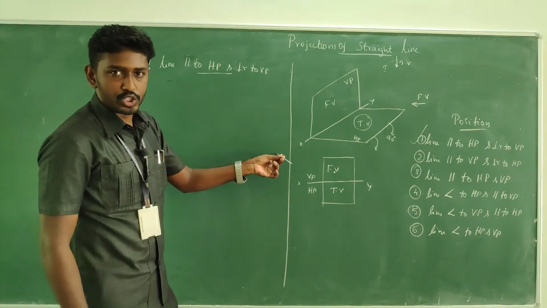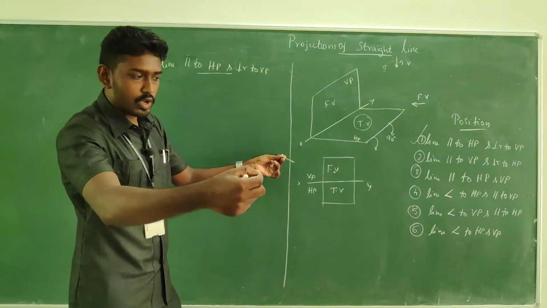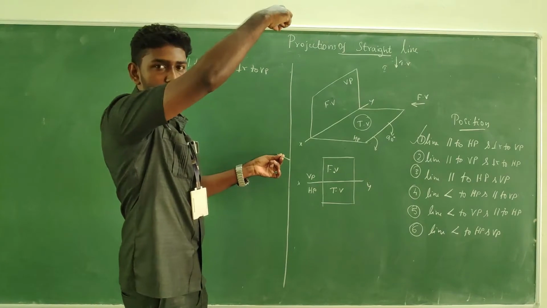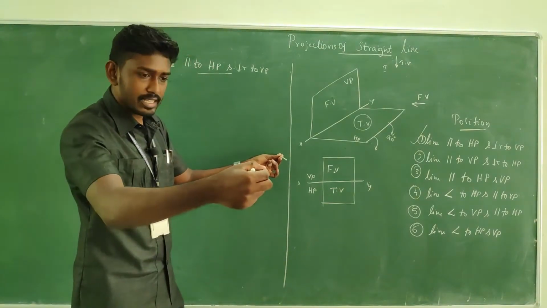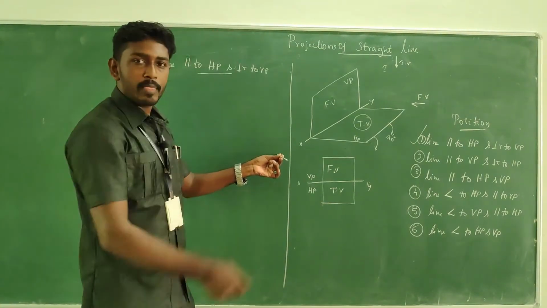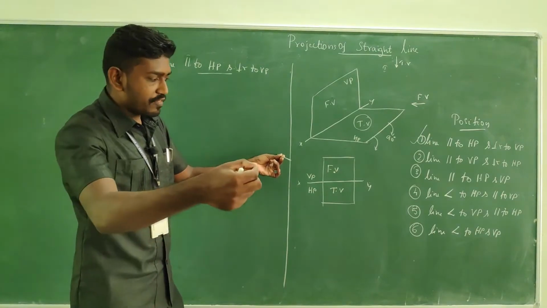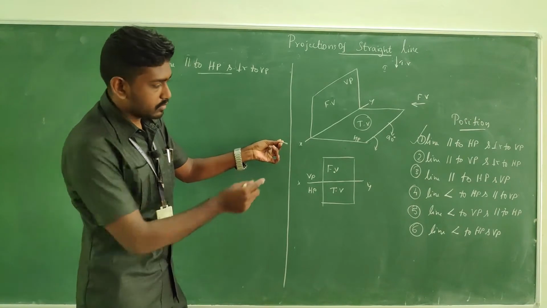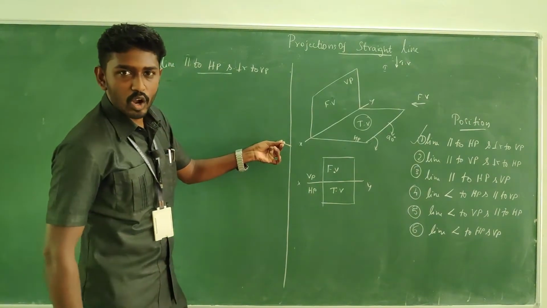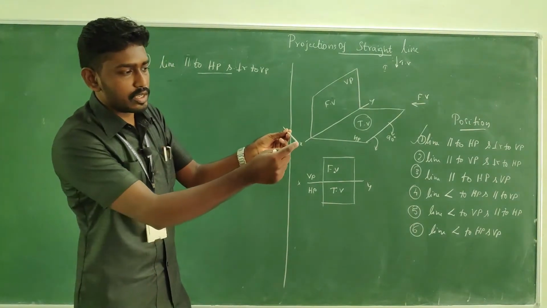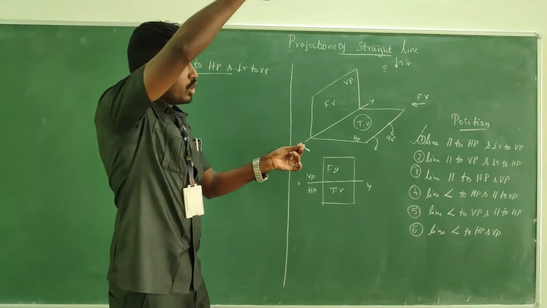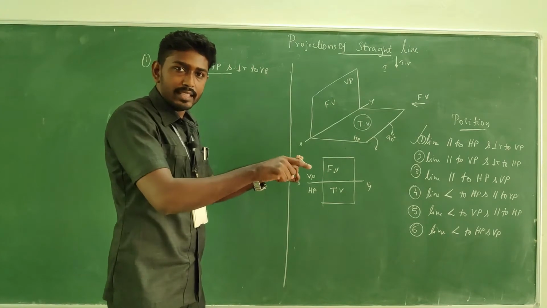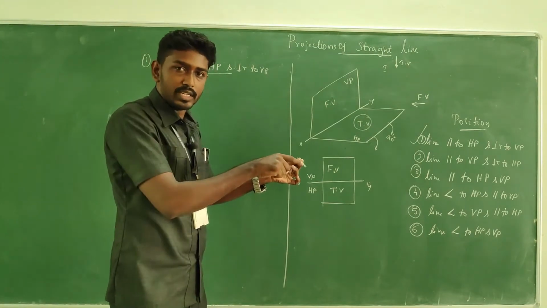So this is the exact position. This view is your front view, the camera view, and this is the top view. If you look from the front, what can you obtain? Just simply a dot. Am I right? You can just see a dot. And if you look from the top, you are able to see the true length, the exact length of the object.